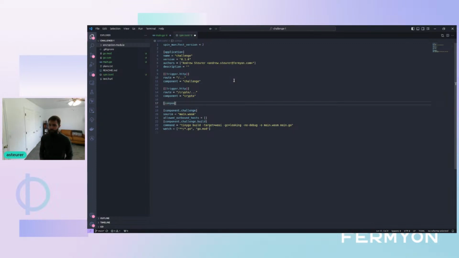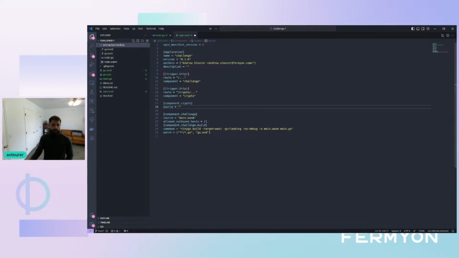Source. And we just want to do the path to this file here. I've got that over here. I'll just copy that over. Also, with making outbound HTTP requests, even if it is to a module within the Spin application, you are still required to define an allowed outbound host for it. So that's easy. We'll just do HTTP localhost 3000 or